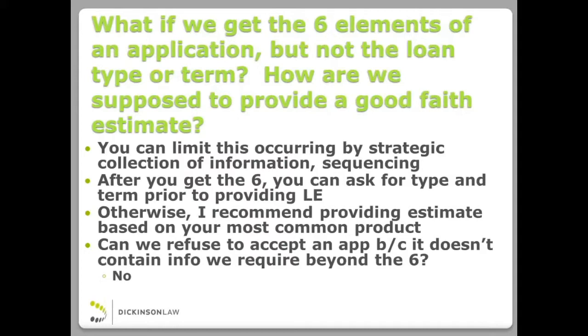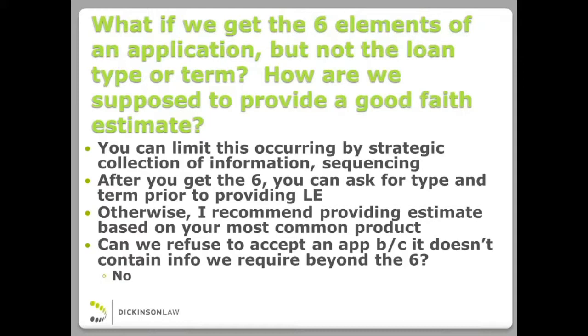A few that people ask me have revolved around the application. So one is, what if you, the lender, get the 6 elements that are for an application? I'm not going to go through every piece of the rule, but you all know under the new rule, you get these 6 elements that qualify as an application, and that triggers the disclosure requirement. There's no 7th catch-all anymore that you can rely on. And honestly, not many institutions that I work or talk with really utilize that 7th.